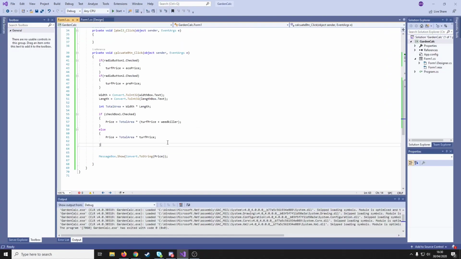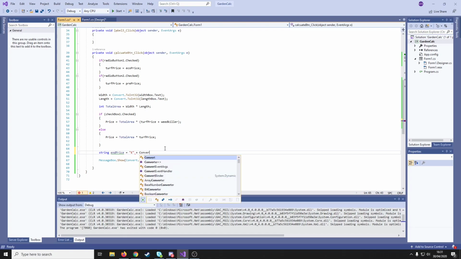Now, one of the things that is probably quite annoying is that we're just getting a simple output, 300. It's not very helpful, is it? So what we can do is make it an actual price. Might be a little bit cheeky. We can go in here and we can go string endPrice, and we can make that equal to the pound sign,